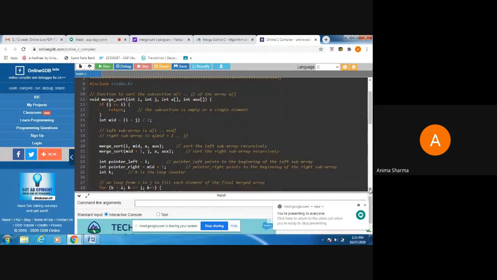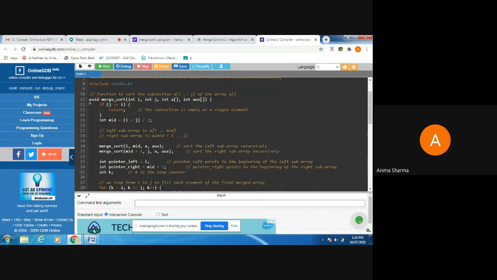Here we have declared in step number 8 #include <stdio.h>. As I mentioned in my previous videos, this is the input output header file, and this must be included in our program.